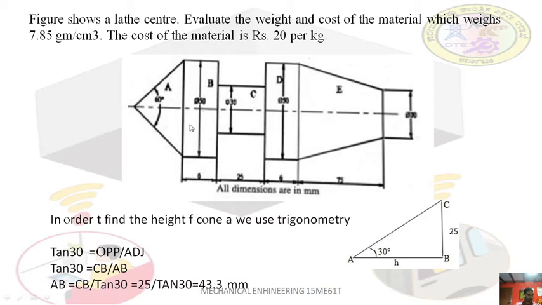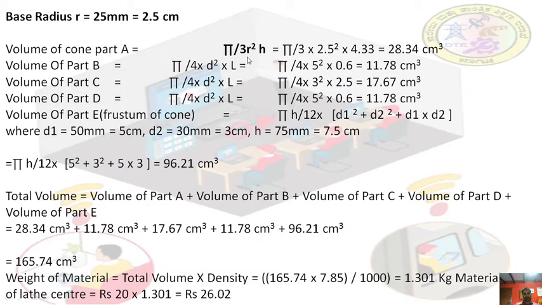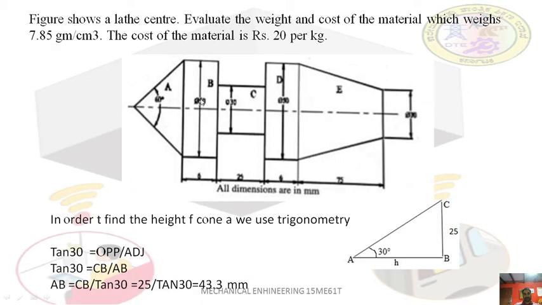So you have to take care of these things. In the case of a sphere, the radius will be given, but you need to convert it into diameter, where you multiply the radius by 2. But here the diameter is given, and you need to transfer it in terms of radius, so you divide it by 2. There you multiply, here you divide. So 50 divided by 2 is 25 radius. So pi by 3 r square into h, with r as 25.